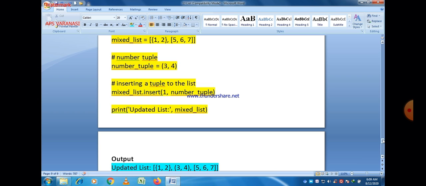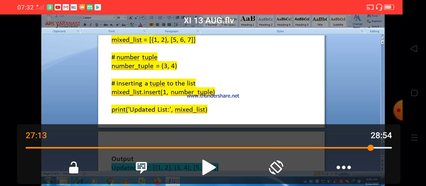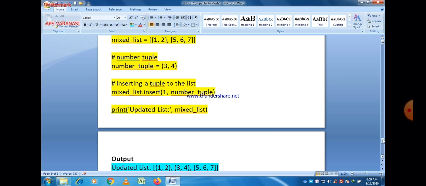So in this lecture till now we discussed 3 important functions related to a list. First is append, second is extend, and third is insert. If we want to know the difference between these 3, I think the difference is now very clear to all of you. The difference is very simple. First of all, let us take the similarity.